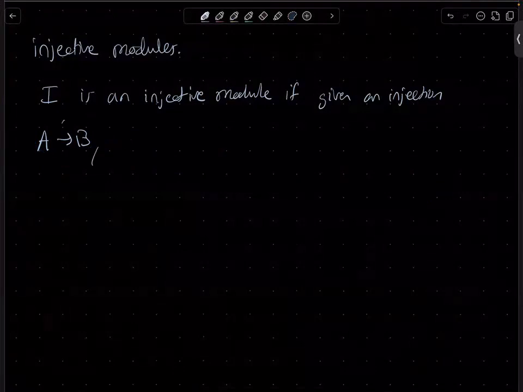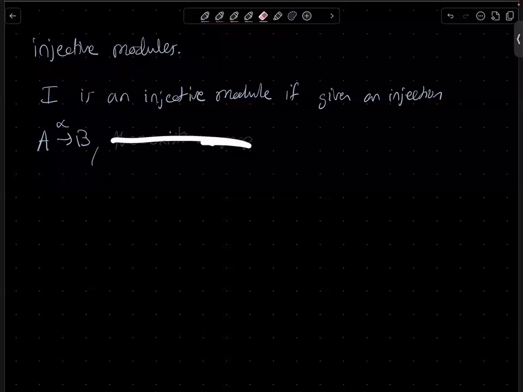I should name this, let's say alpha. This should be F. There exists a map A to I, and there exists a map